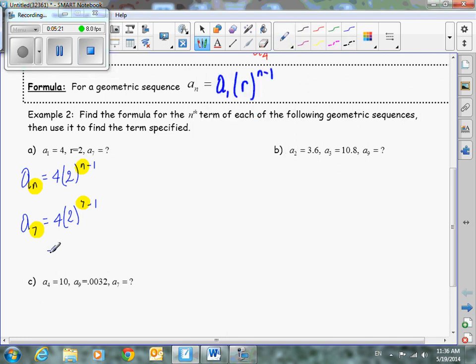So this is equal to, use your calculator, 2 to the power of 6 is 64. 64 times 4. 256 is your final answer. Now let's look at B. B says A2 is 3.6, A3 is 10.8. We want A9. There's a way to get to it, just like remember on the